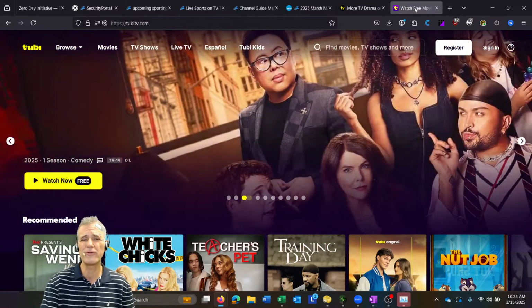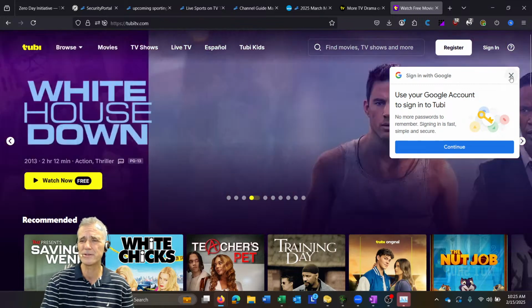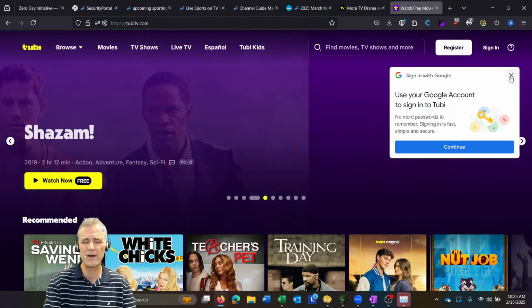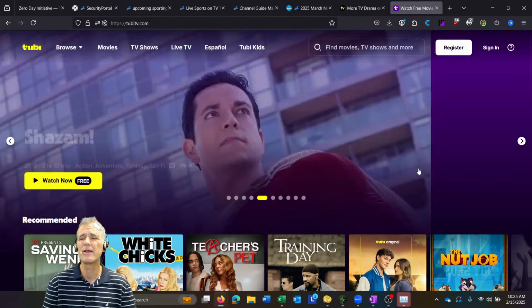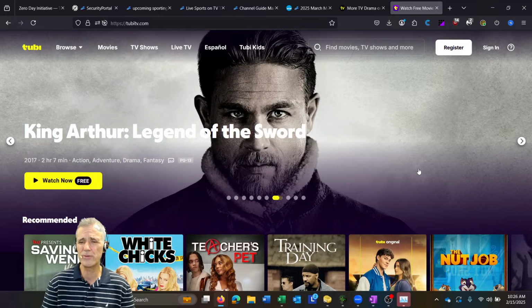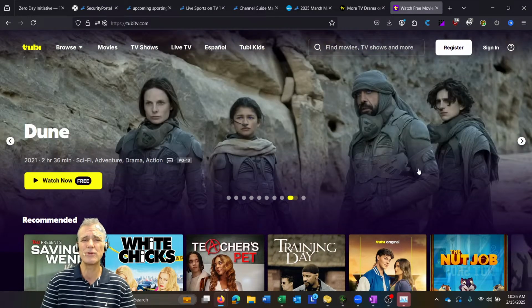There's also Tubi. So everything you can get on a Roku device or a Fire Stick or Fire TV or Google TV or Apple TV, you can get on your web, your computer as well. So here's the thing. A lot of computers, especially laptops, have HDMI ports. And if your computer doesn't have an HDMI, you may have the ability to add an HDMI or to have an adapter that will send that stream out to HDMI.